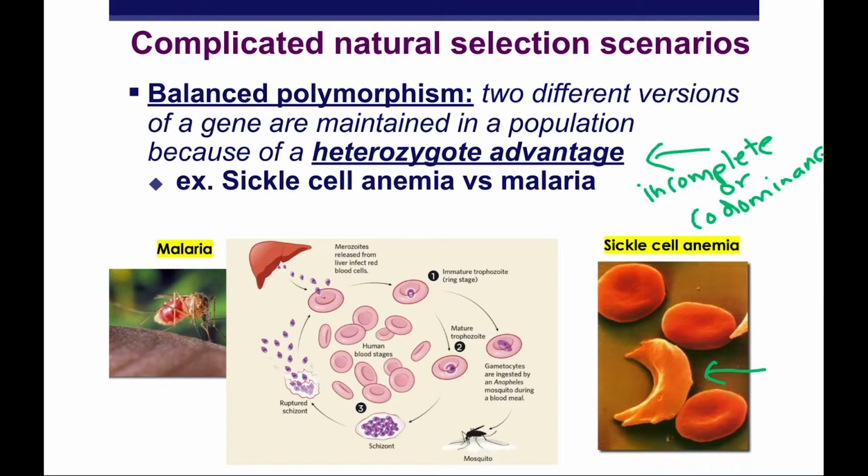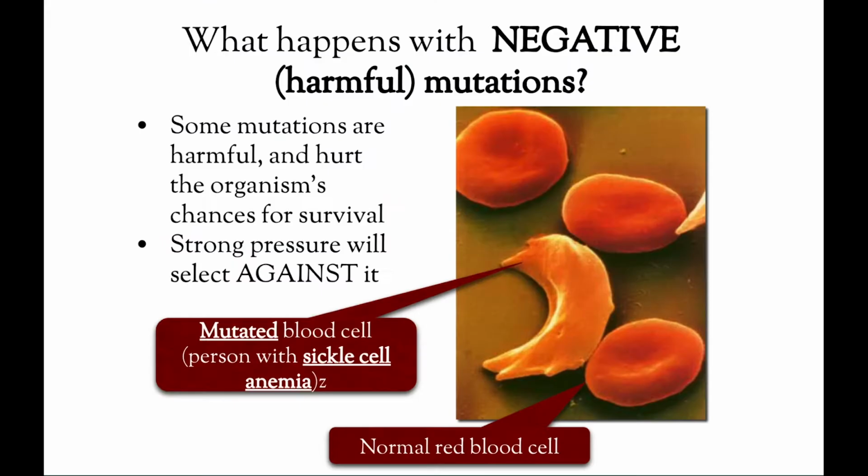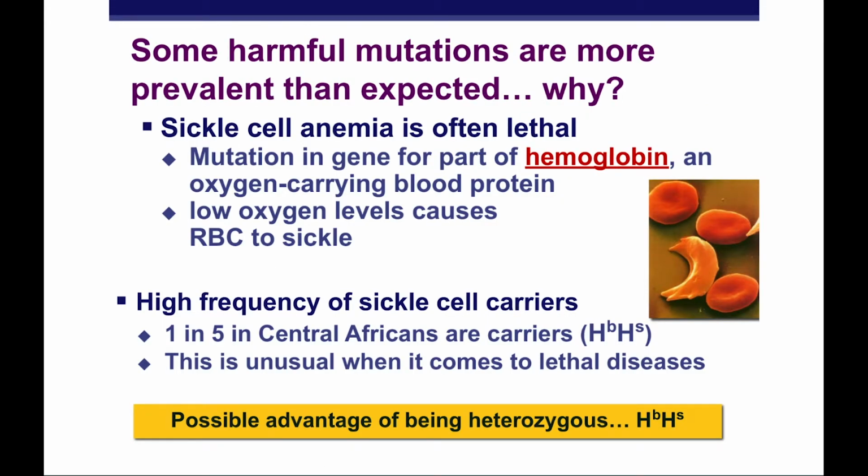People with heterozygous advantage end up sometimes making bad red blood cells and a mix of good red blood cells. Why is this an advantage? Well, we're talking about malaria. So in malaria, what happens is the parasite inside a mosquito, it's a protozoa, when it gets into your bloodstream, it actually infects your red blood cell and populates in your red blood cells. But for whatever reason, they really suck at populating inside sickle cells. So a trait that is often negative, very negative in this case, sickle cell anemia, becomes an advantage because even though sickle cell is generally lethal because it makes it really hard for your body to carry oxygen, and honestly,